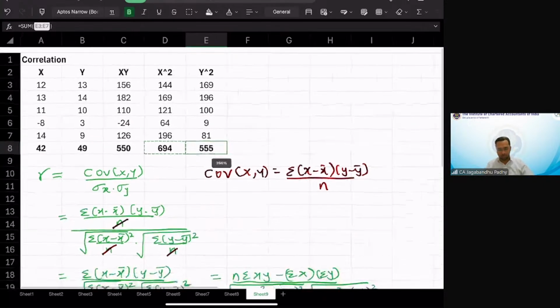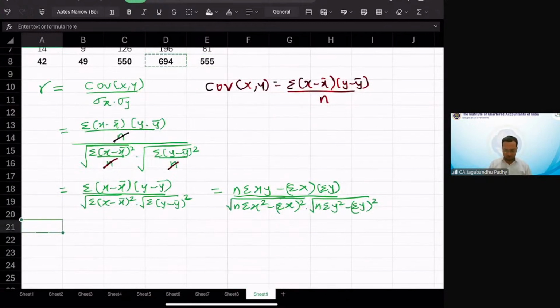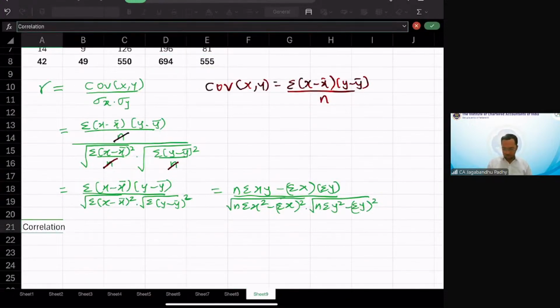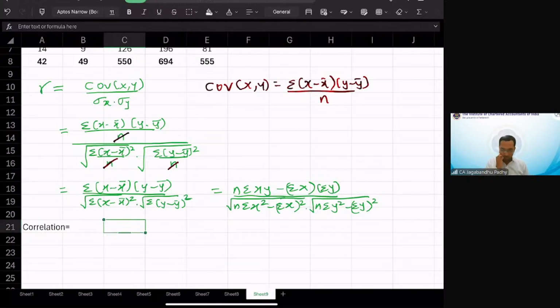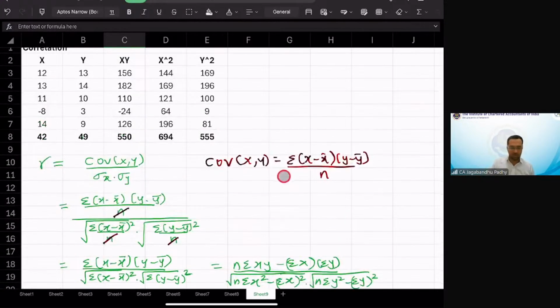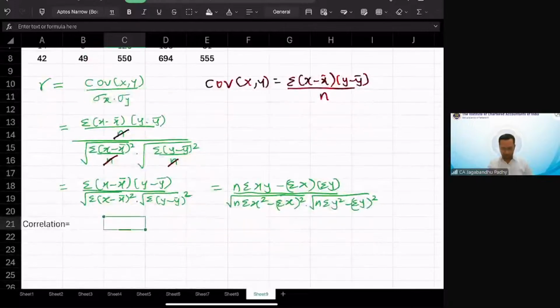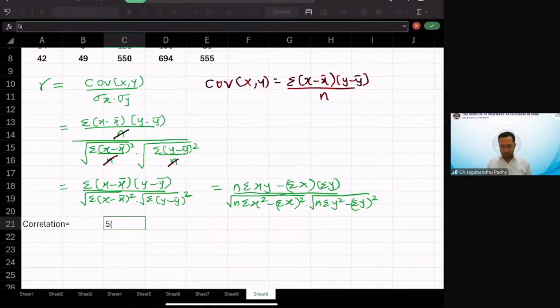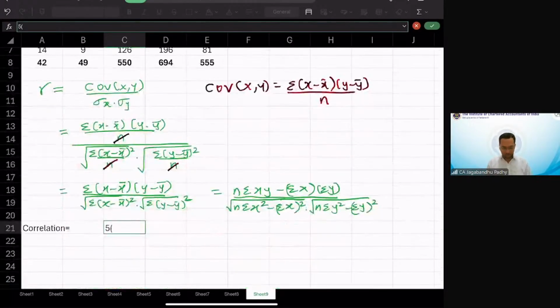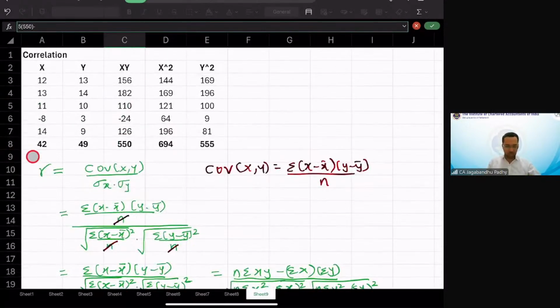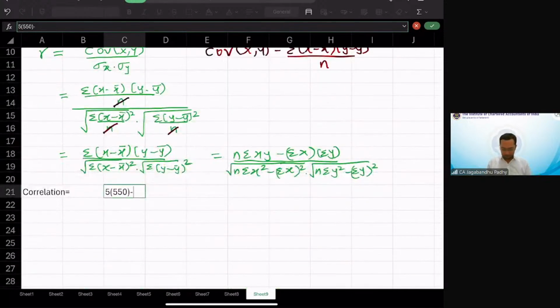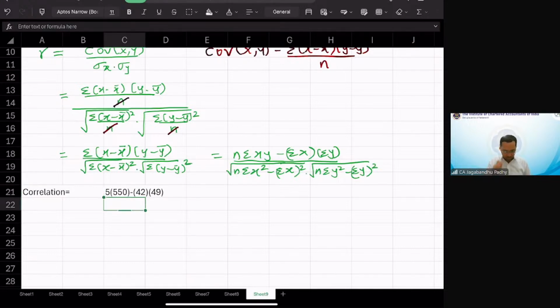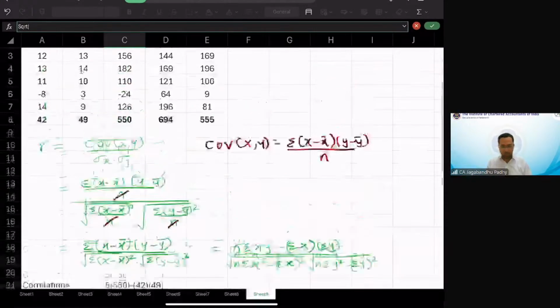So what we need to do is, let's just substitute over here to get the correlation terms. So the substitution will go as n summation xy. So n is basically 5 terms. So this is going to be 5 multiplied by summation xy. Summation xy is 550 minus summation x into summation y, which is 42 into 49. This is 42 multiplied by 49. And then this is going to be divided by square root of